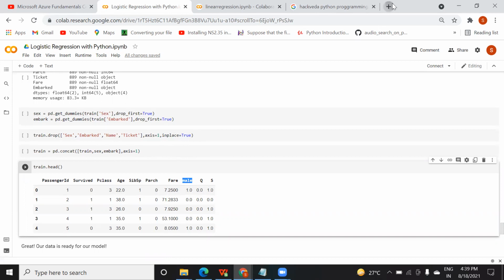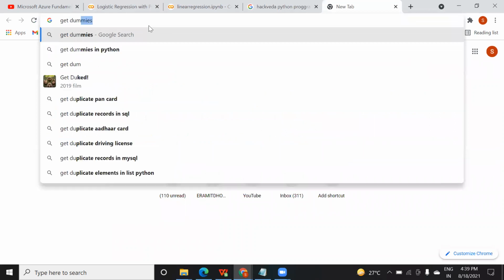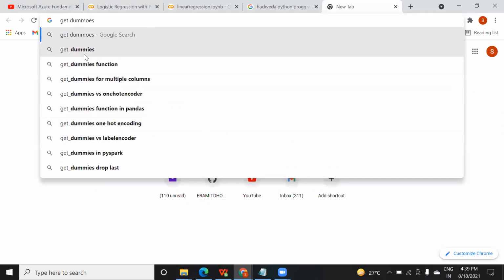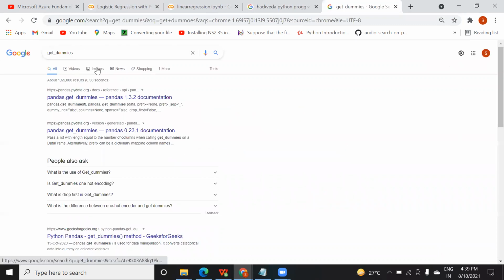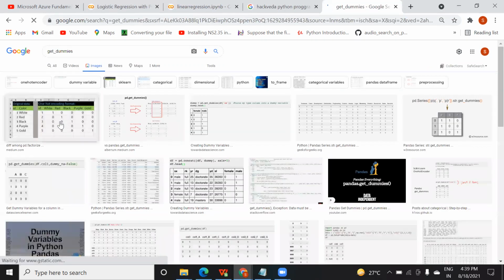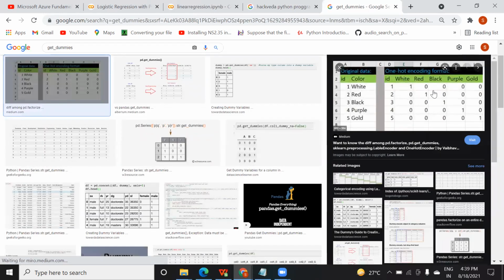And how this get_dummies function works, let me show you. See, what the get_dummies function does: suppose you have this categorical data. It is converted into 0 and 1 values. The categorical data is first converted into columns. However many unique values you have, it will convert into that many columns. Suppose here the first is white, so that is 1 and the rest are 0, because this is for white.